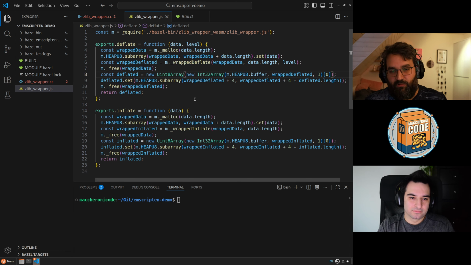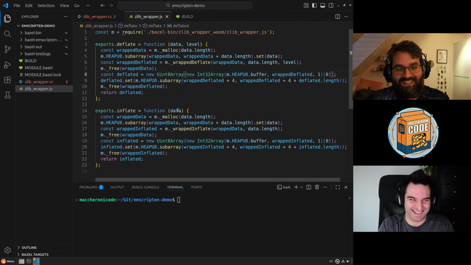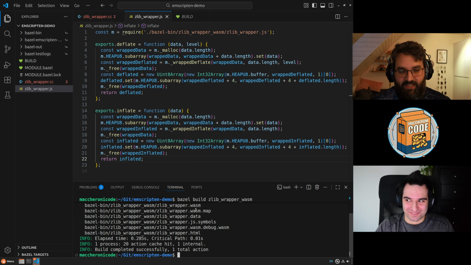Again, this is a really convoluted way to say we are copying the data out of the buffer that C++ created. In this case, we're doing it for technical reasons that we'll see later, but one could potentially avoid this if it just needs it right away. And then we go in. And let me guess one thing. Inflate is the same. Exactly the same thing, and I'm just calling wrapped inflate in the middle. Okay, so we can build it. Oh, yeah.